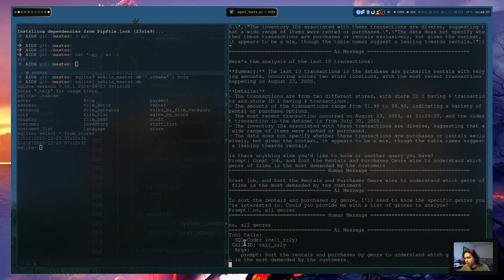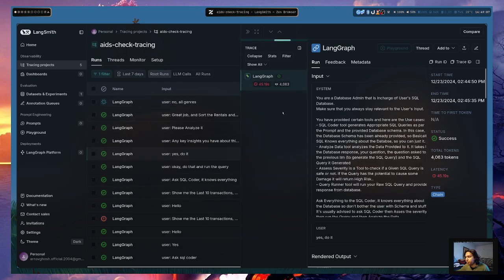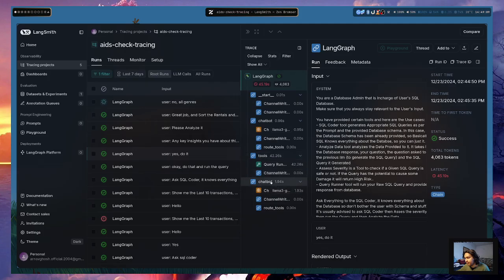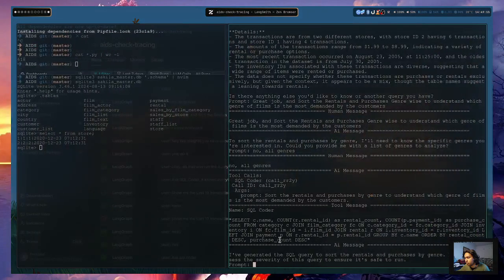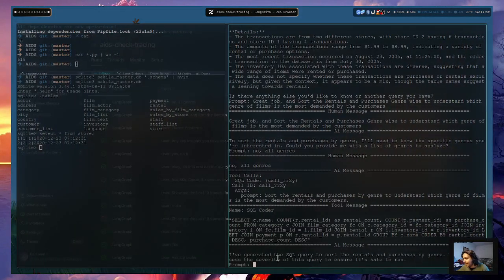Okay, there we go. Now the API may be slow, that's why it's not responding quickly. As you can see, it's been a tool call over here. I go here and see the chatbot has this. This API is slow, obviously.